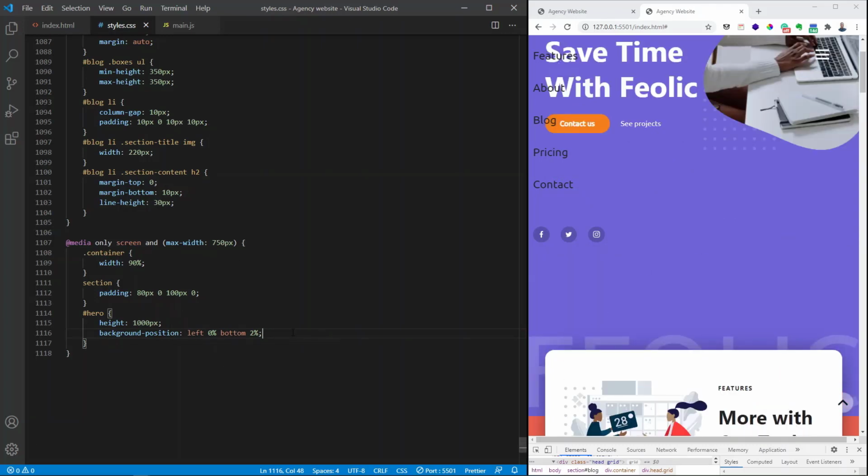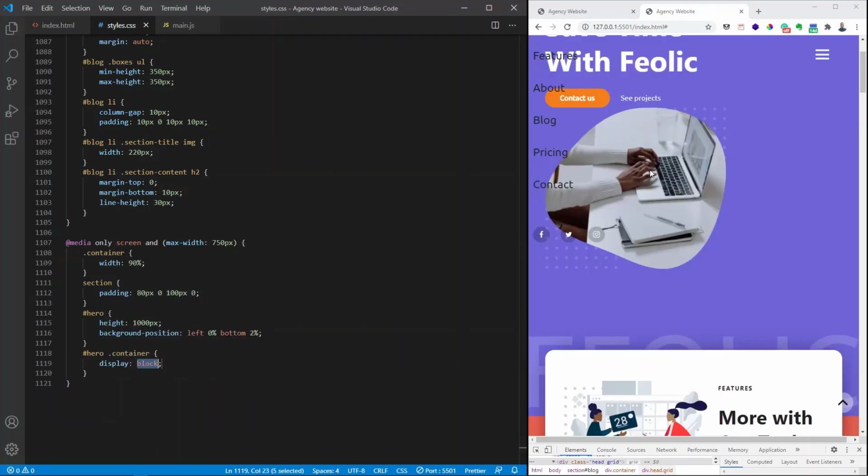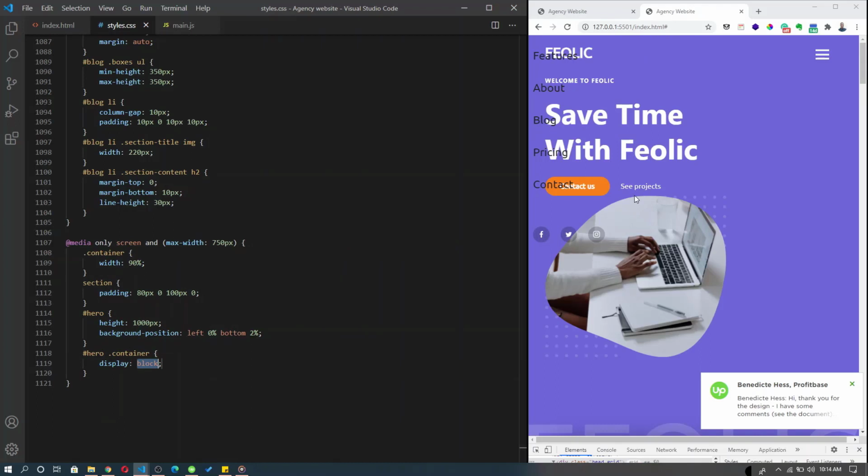So for that, next I want to target the hero container. Say hero container. I want it to display block. I'm going to save that so the image stacks under the